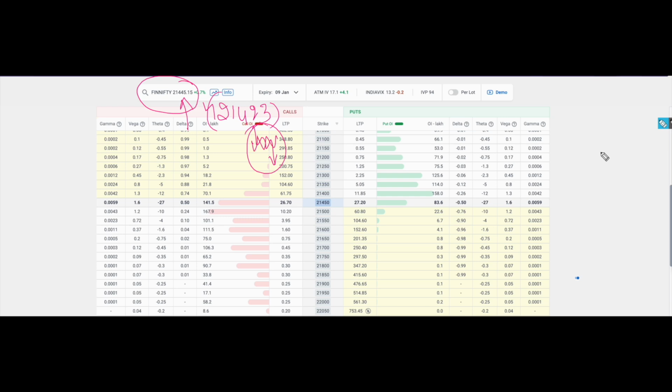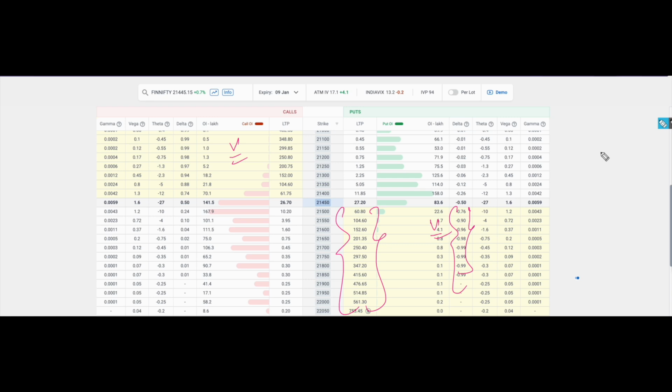In case the market goes sideways, especially on expiry day, because of time decay, achieving the target will be very difficult. Out of the money, let's not even talk about it. We need very big momentum there. So the bottom line is, whether you're trading on the call option side or the put option side, always make sure you choose in the money strike prices, which trade at a higher delta value.